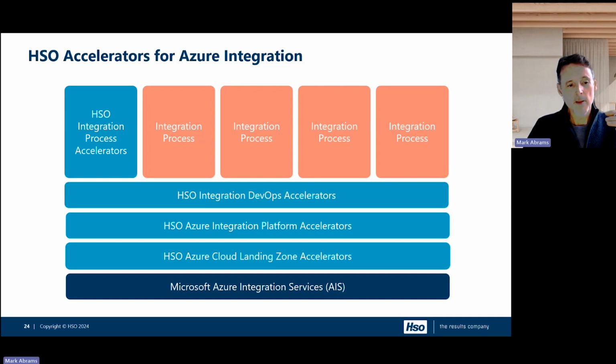The next layer up is the Azure Integration Accelerator. Our Azure Integration Accelerator represents all of the integration best practice and core components that we deliver for all of our integration platforms. And again, this is true whether it's a BizTalk migration or a greenfield integration. That encapsulates all of our best practice and allows us to then efficiently build out all of those integration processes that then sit on top. And we have other sets of accelerators, whether that's for DevOps or various other workload-specific integration process accelerators as well.